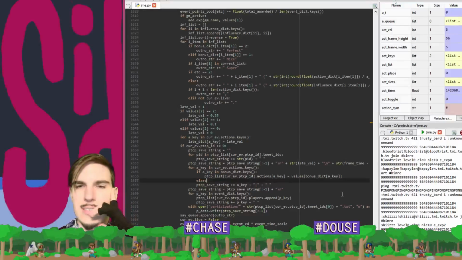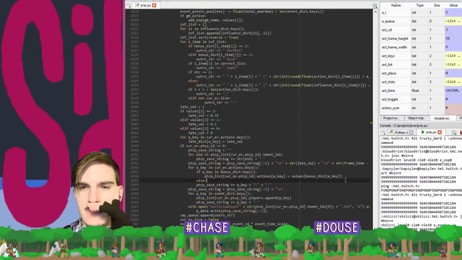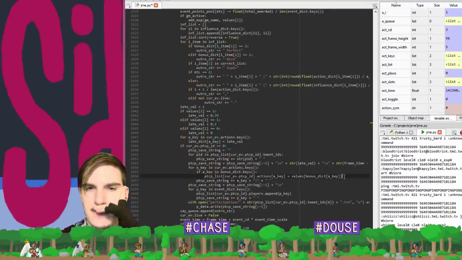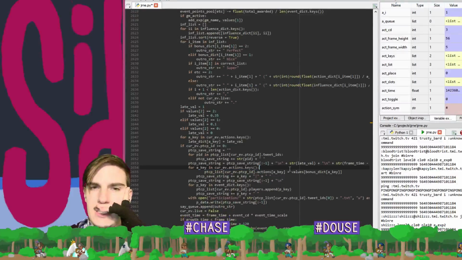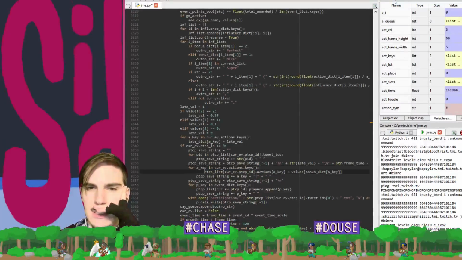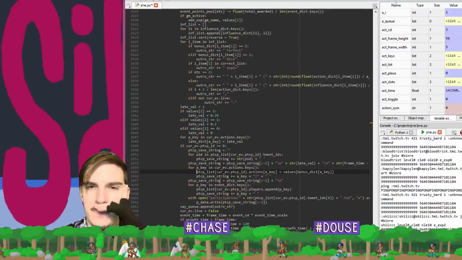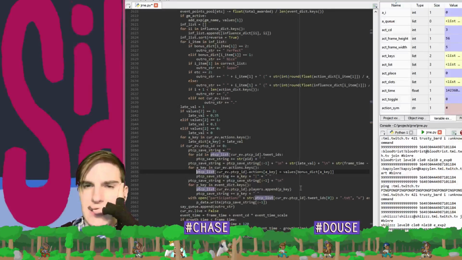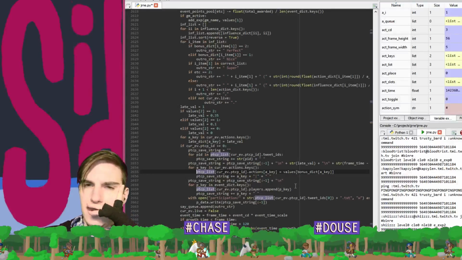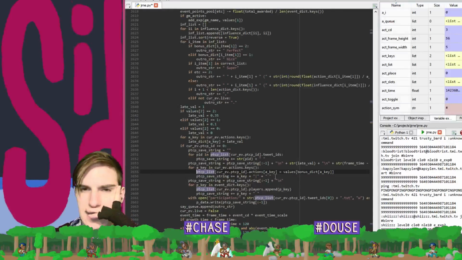So we can just say, for a key in cur of actions keys, ptcp list cur of ptcp id dot actions a key equals values bonus ticked a key, yes, and